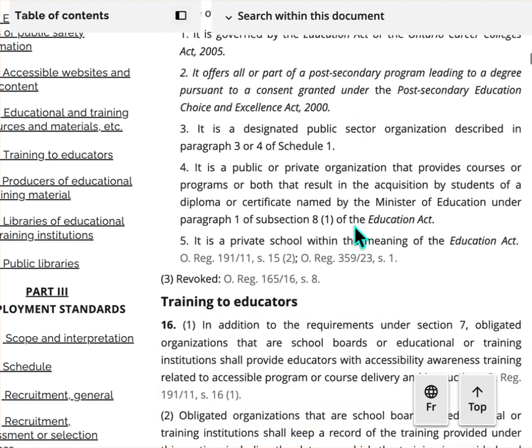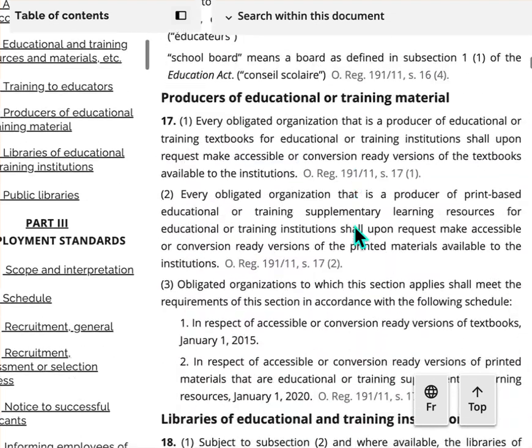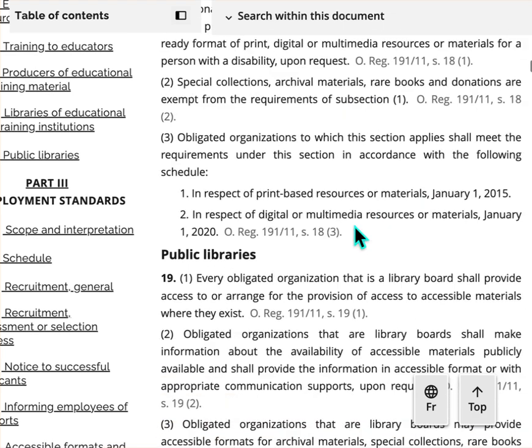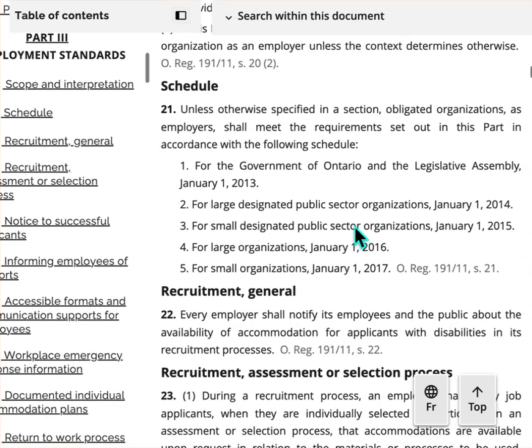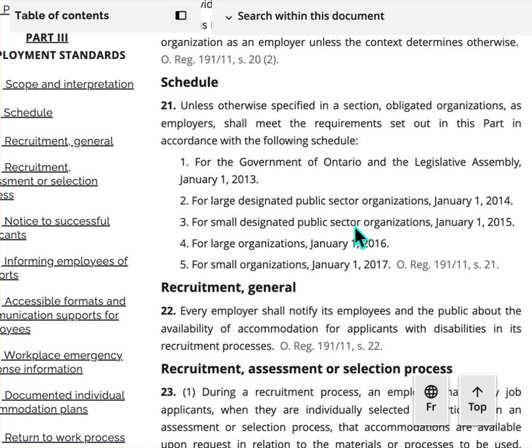If you are 20 employees or more, you will need to file an accessibility compliance report with the Ontario government. The ACR is very similar to the WePAT, if you're familiar with WePAT, so that needs to be created.